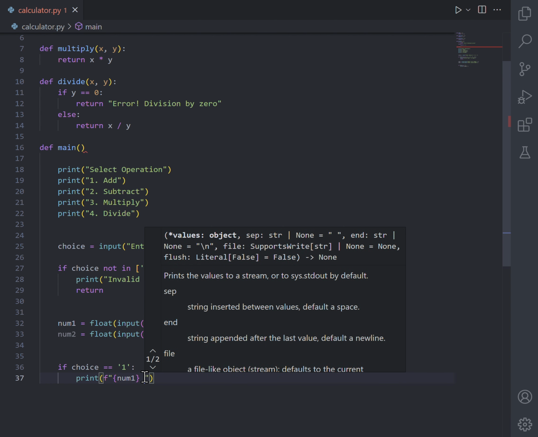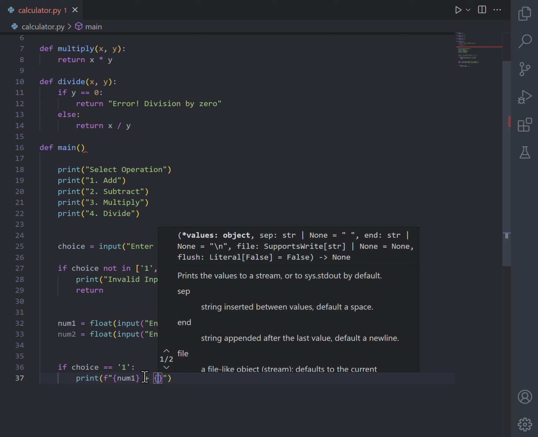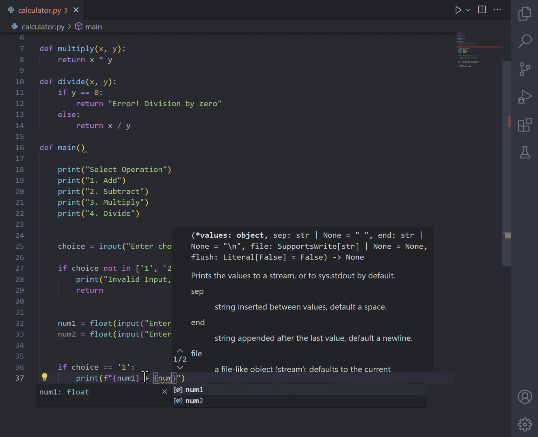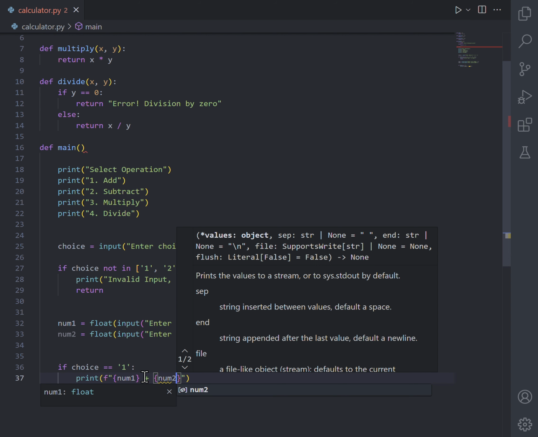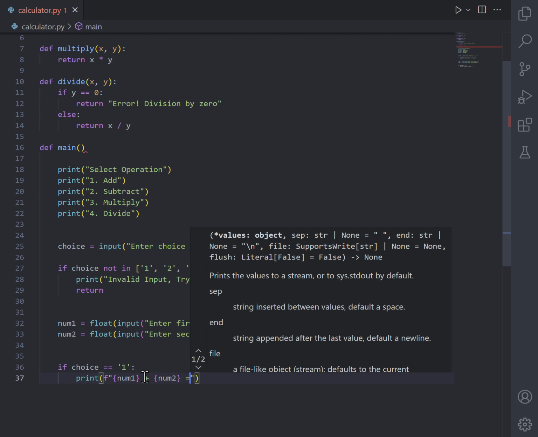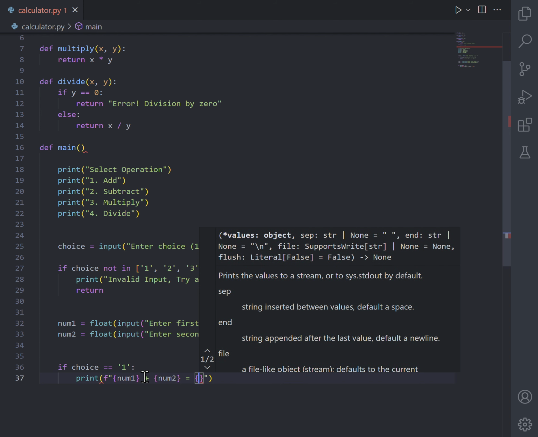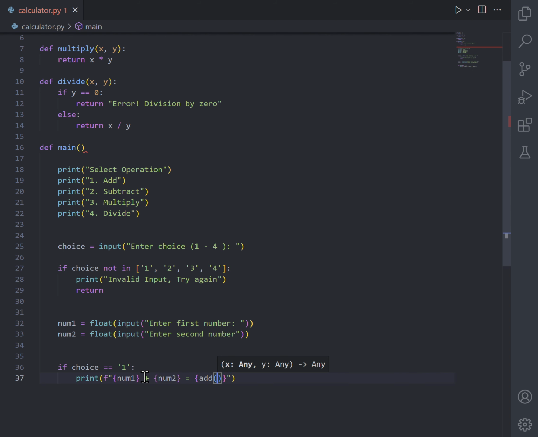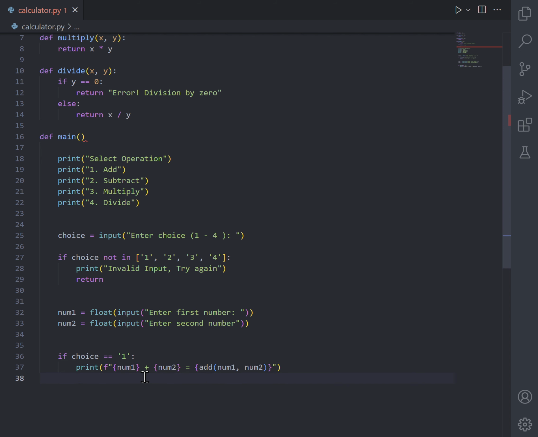Num1 add num2. So when the user chooses the addition, we're going to add the numbers together, equals to add num1, num2. Choice equals to,